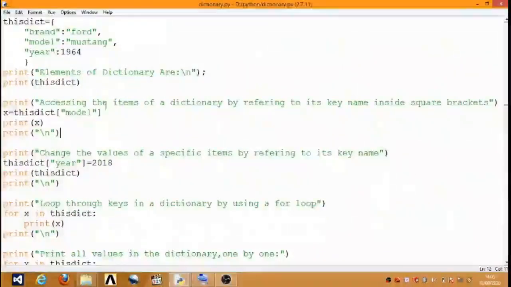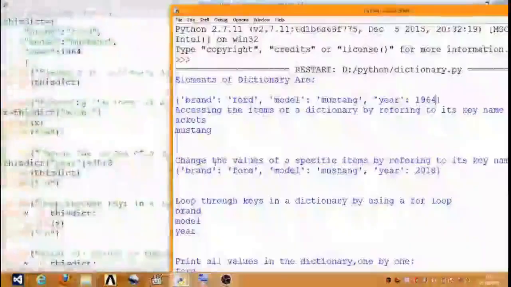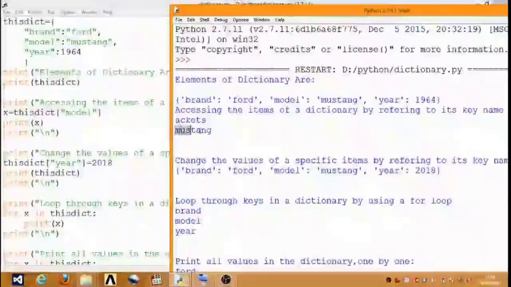Next, accessing the items of a dictionary by referring to its key name inside the square brackets. Here model is our key name, and here the value of model is Mustang. So here print Mustang.